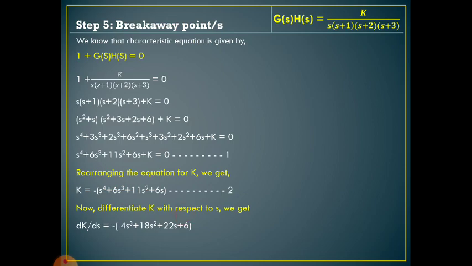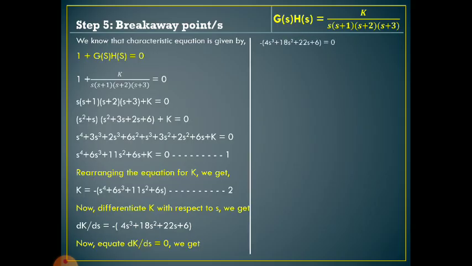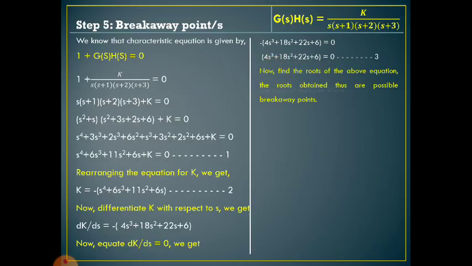Once you have dk by ds, you equate dk by ds as 0. So again, after rearranging, you will get like this. Now this is an equation having highest order as 3, right? So you will have 3 roots. So find those roots, and here if you find those roots